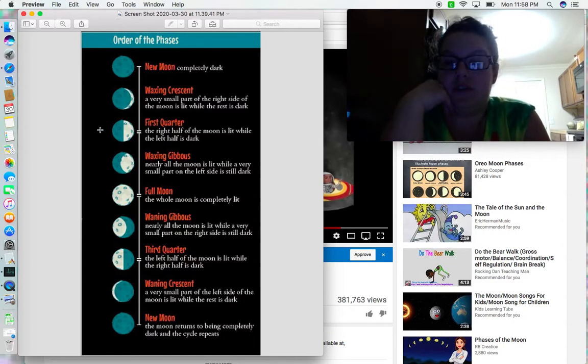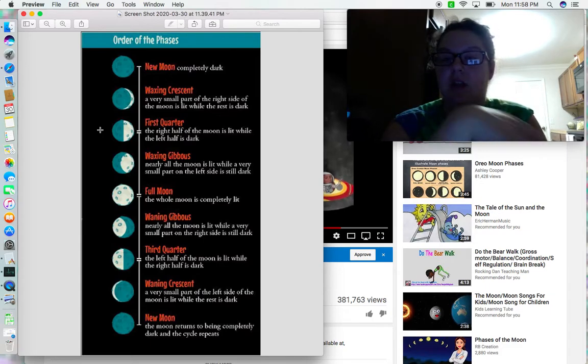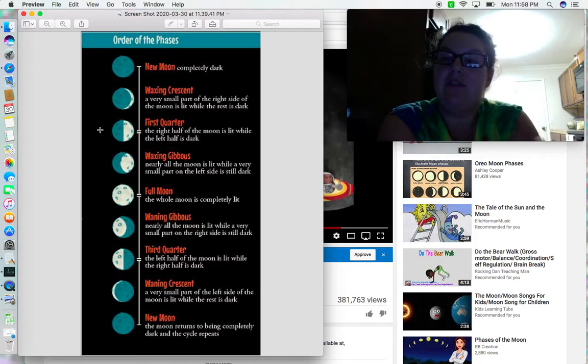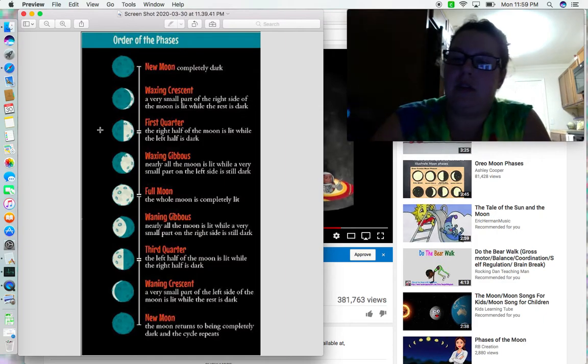All right, then you've got your first quarter. This one's super deceiving because technically a quarter would mean it's in fourths, but this is not the case. It's actually half of the moon is lit up, half of the moon is dark. All right, then you've got your waxing gibbous, which means that there is a big part of the moon that's lit up and just a little bit is dark. And then you've got your full moon. Now, the thing about the full moon